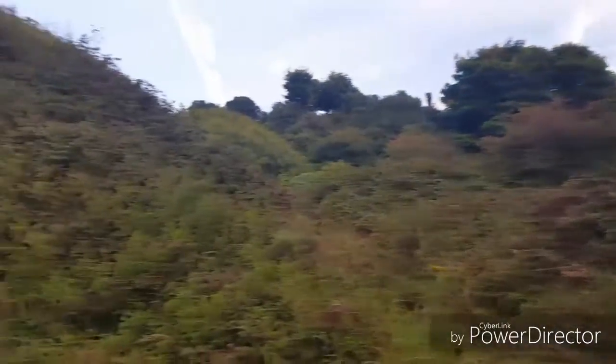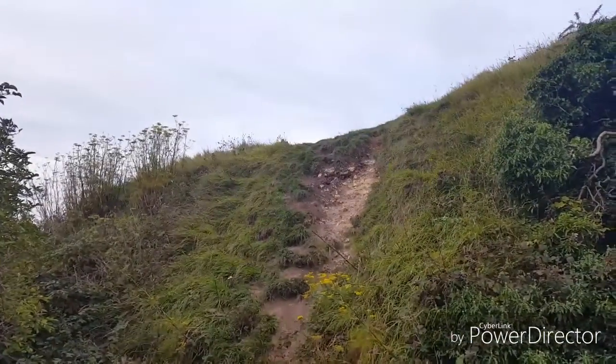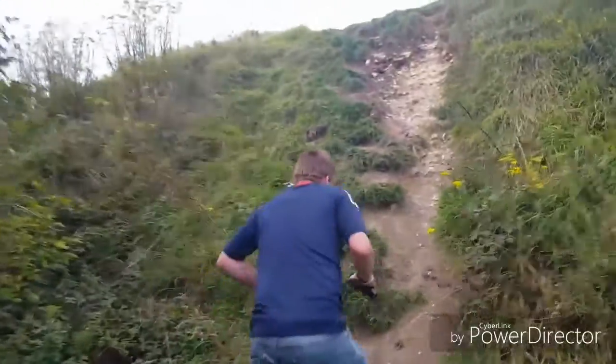So we're now at the top of the North Centre Bastion. And if I head up that slope there, you'll be able to see the whole of Dover from the Western Heights. You can head up there, mate, if you want. I might give it a miss. I've been up there loads of times, but